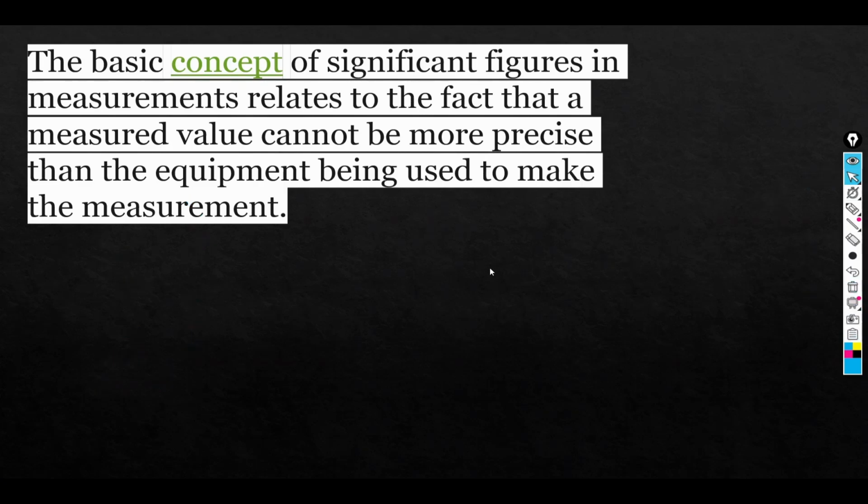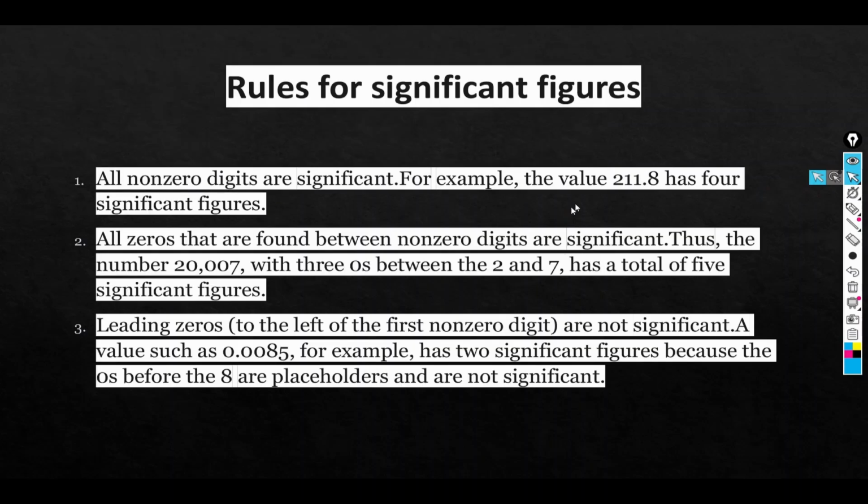of significant figures in measurement relates to the fact that a measured value cannot be more precise than the equipment being used to make the measurement. Okay. Now, the rule that is most important will help you to solve some of the good questions that might come in your coming exams. Okay. So the first rule